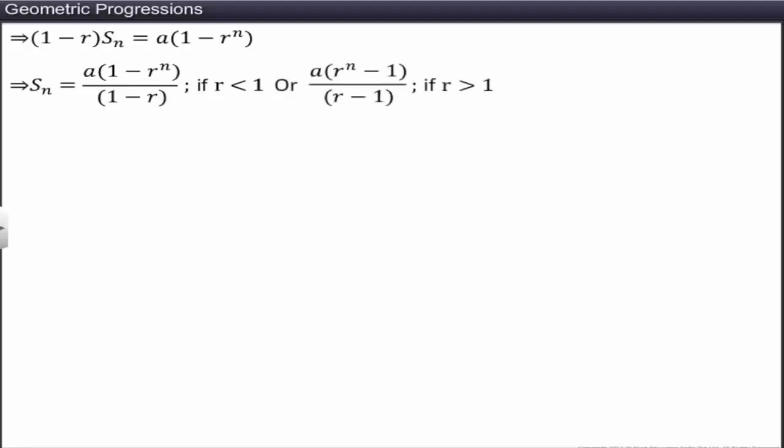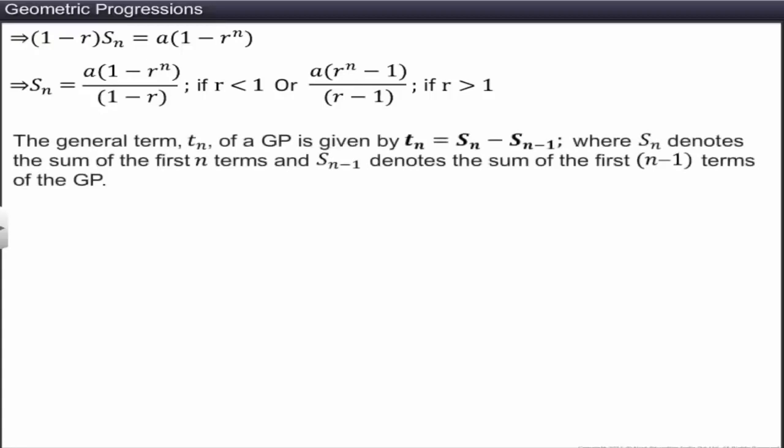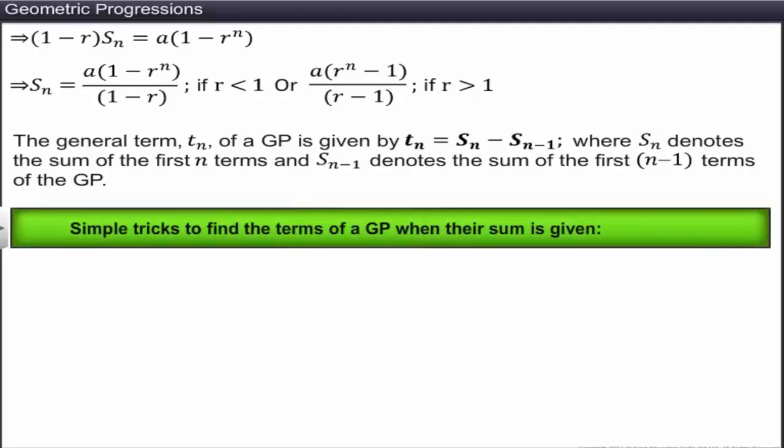The general term Tn of a GP is equal to the sum of the first n terms minus the sum of the first n minus 1 terms of that GP. Let's now have a look at some simple tricks to find the terms of a GP when their sum is given. When we have to find an odd number of terms in a GP whose sum is given,